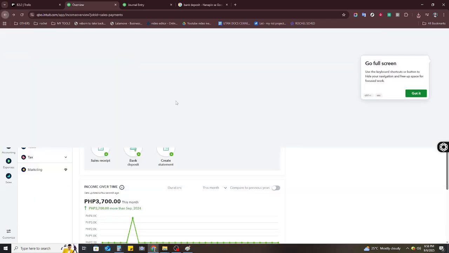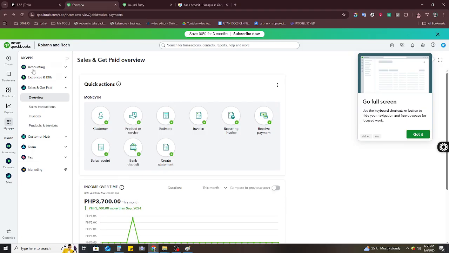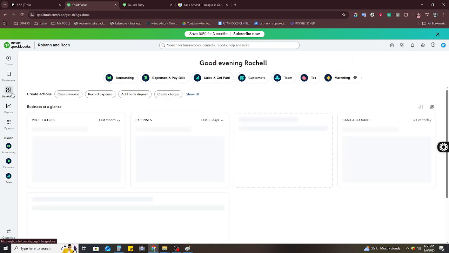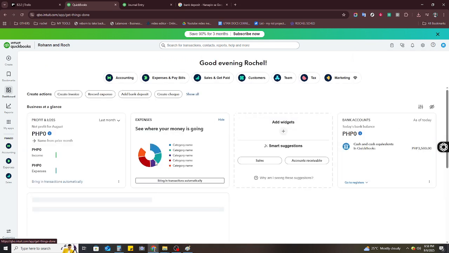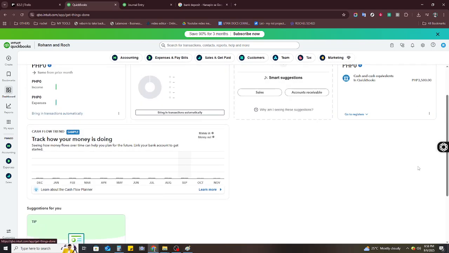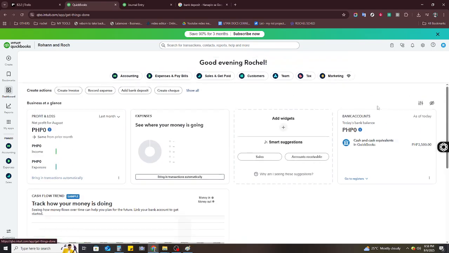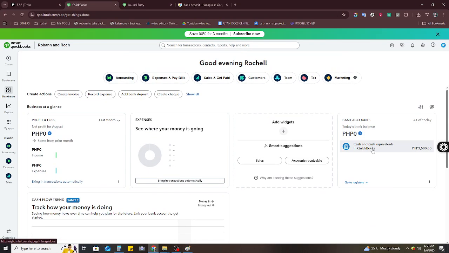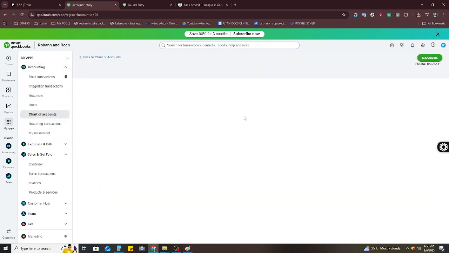If your goal is to disconnect the account, there will be an option labeled disconnect this account on save or something similar. Check this option to ensure that your account disconnects properly. After you've made sure everything looks good, proceed by clicking save and close. This will effectively disconnect the account from your QuickBooks Online setup,